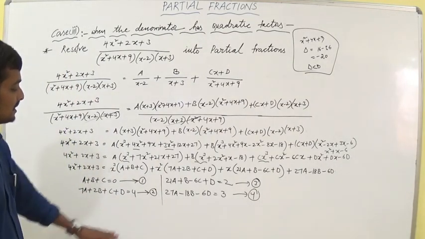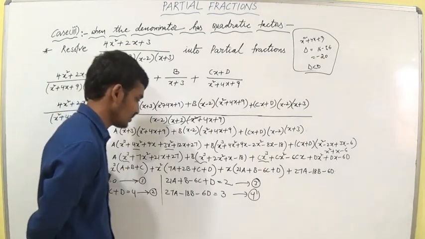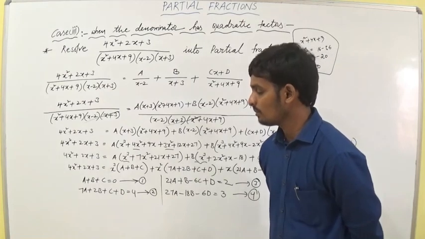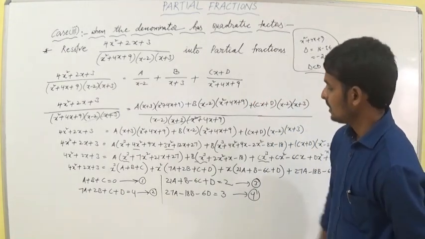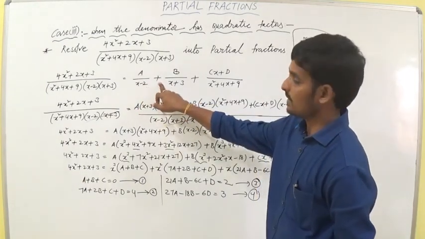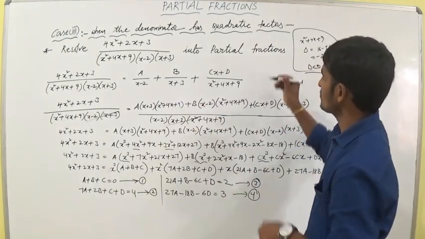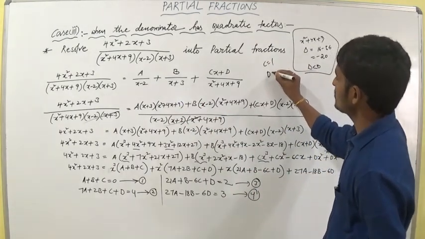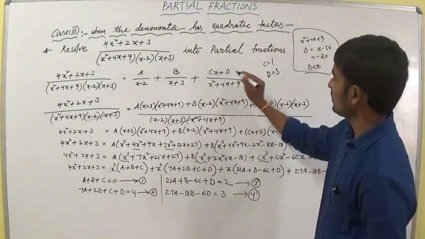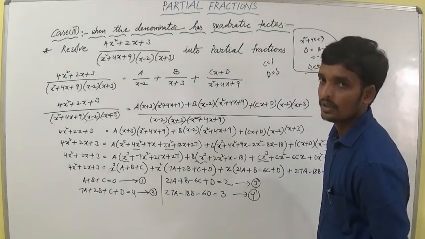So which is easy? Either this method or that method. You have to think and solve this problem. 1, 2, 3, 4. I gave you 4 problems. You have to find the values of A and B. If you get the values of A and B, then substitute here. For example, if A is equal to 2, 2 by x minus 2, plus, if B is equal to 5, 5 by x plus 3. If C is equal to 1, D is equal to 3, substitute here: 1 into x, x plus D value is 3. That means x plus 3 by some value. Okay? Try yourself.